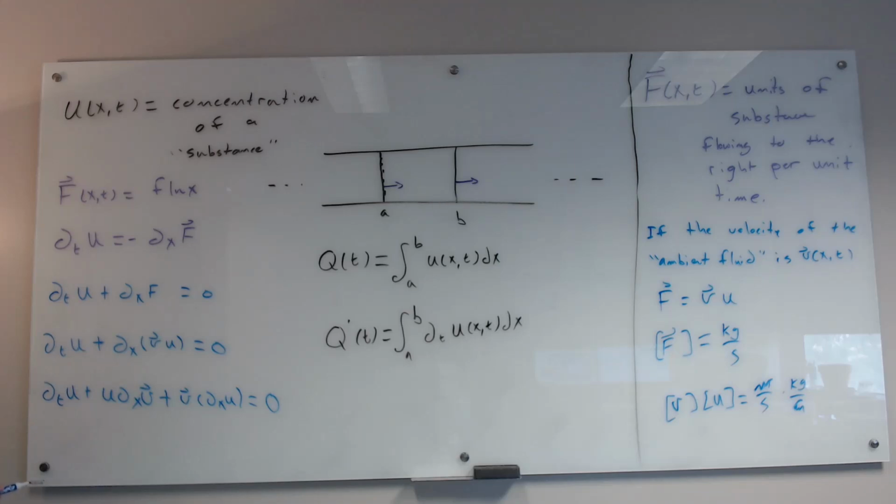Now notice what happens if the x derivative of v is equal to 0: this term goes away, and we're just left with these outer two terms. This gives us the t derivative of u plus v times the x derivative of u is equal to 0. This equation right here is the one that is typically called the transport equation,